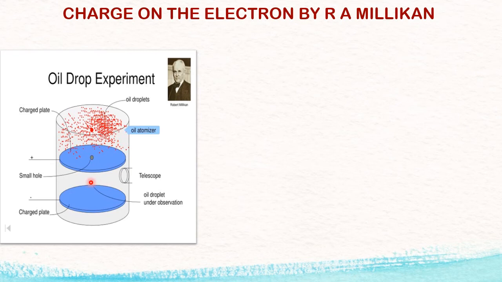Now simultaneously, using X-rays, he ionized the gas present in this area. Here in this area, a small amount of gas was there. Remember friends, cathode rays and X-rays have the ability to ionize gas. What do you mean by ionization of gas? It means when the cathode rays or X-rays interact with gas or the air, the air undergoes ionization. That means electrons are knocked out from the control of the nucleus, thereby electrons are made free.